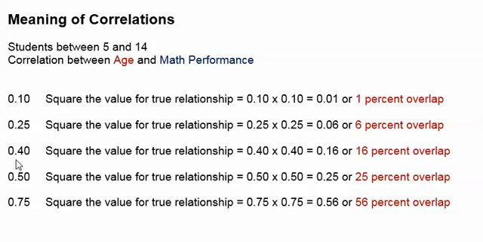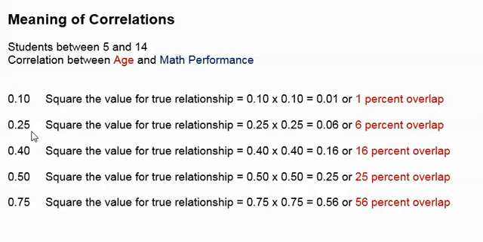Let's go up to 0.4. So if the correlation was reported at 0.4, if we multiply it, we get 0.16. Still, that's 16% overlap. It's not a lot, but it's certainly better than the other ones. And then you can see as it goes to 0.5, there's a 25% overlap, and 0.75 is a 56% overlap. So there's a lot of overlap there. Still only half. So it's very unlikely that you'll get a 0.75 or a 0.5 correlation in the social sciences and education. You could, but usually they range from this 0.1 level to 0.5.